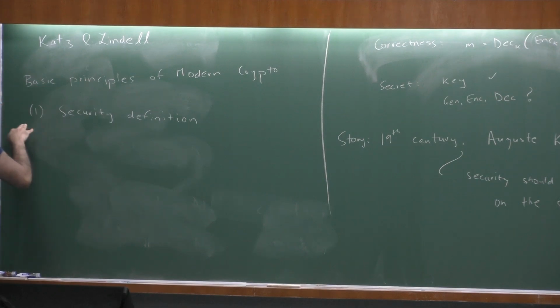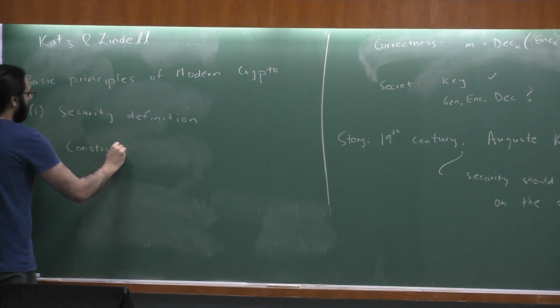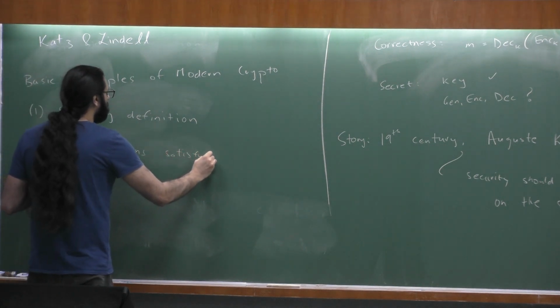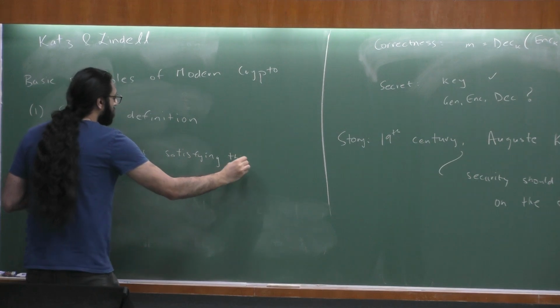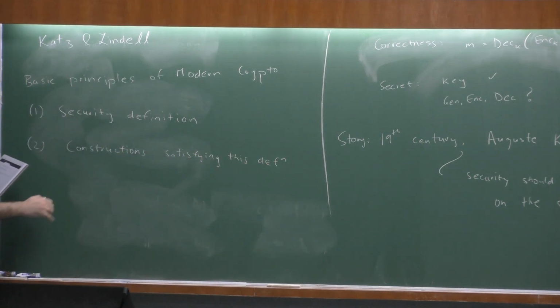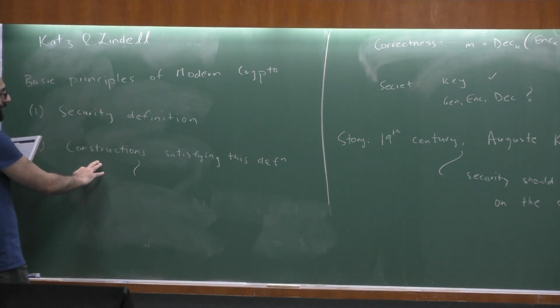So the basic principle is to first have a mathematical and formal definition that captures the notion of security that we want intuitively to hold, and then we want to give constructions satisfying this definition. So far it's obvious that you would want to do this. But the issue that often arises is that it's impossible to satisfy the definition without making additional assumptions. And if you have to make additional assumptions, what we want is to show that the definition can be satisfied by